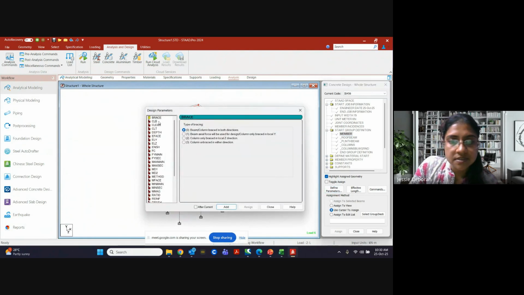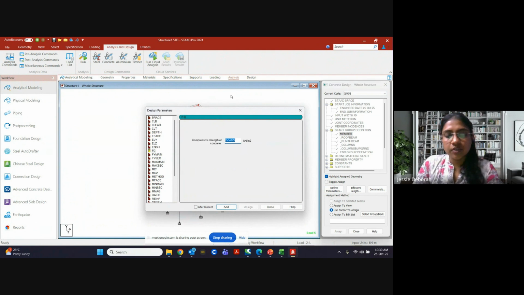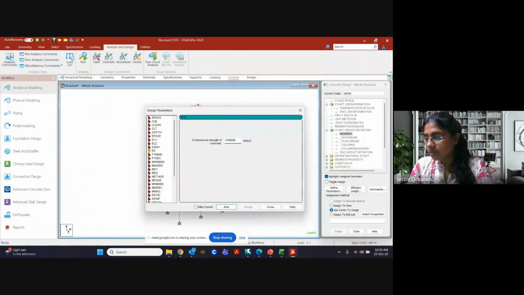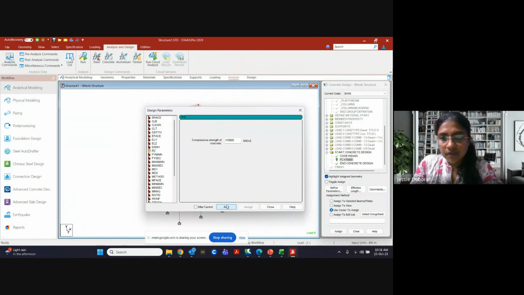Define parameters. What are the parameters we have to define now? FC, compressive strength of concrete. So FE 415, we will take 415 000, add.